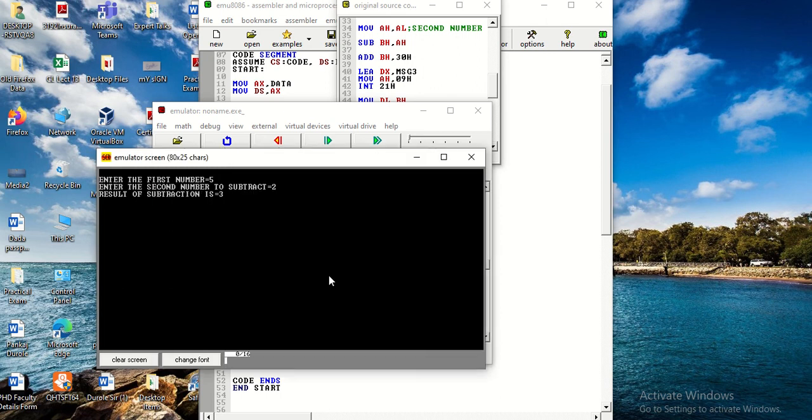So yes, this is the result of subtraction: after subtracting the number 2 from 5, we are getting the result 3. So this is how, by taking the input from the user, we can subtract one number from another number, and the instructions and functions that we have used in this program can be used in all the different programs for taking the input from the user.